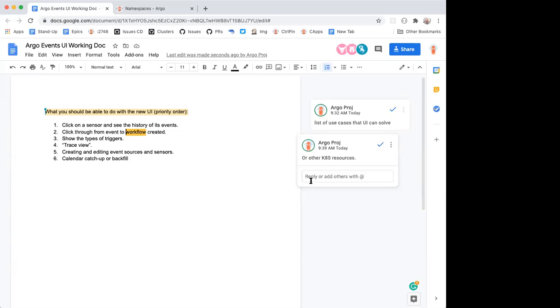So is that an operation we can currently perform on an event source or a sensor? Currently, a user deletes the event source and reapplies it again. So that's actually a new feature. Yes, yes. Do other people see this kind of pattern of deleting and recreating an event source?